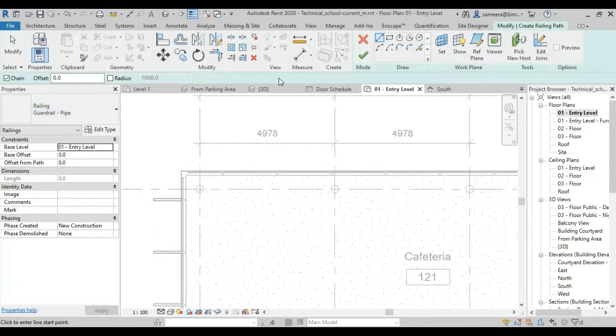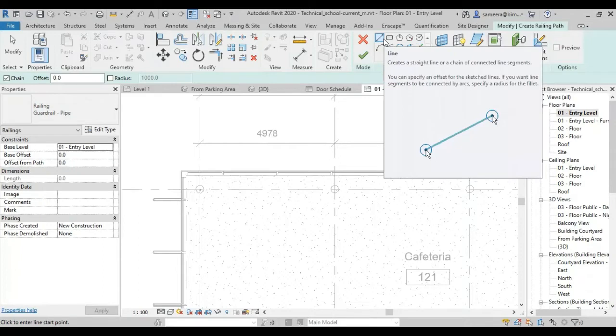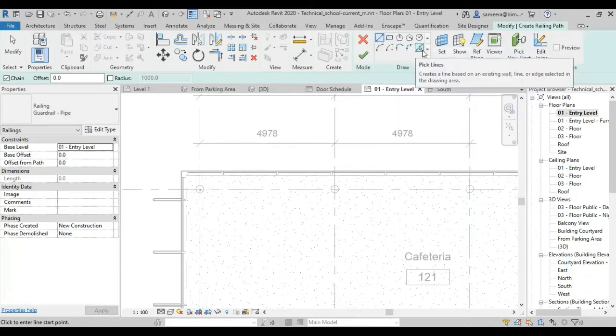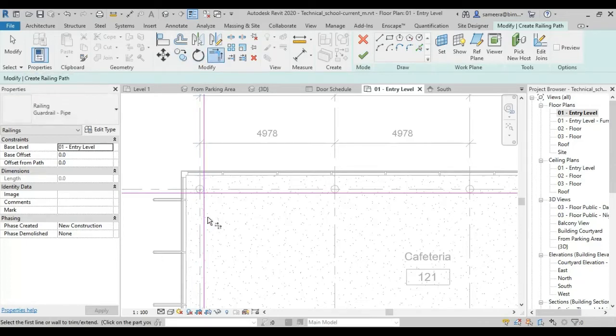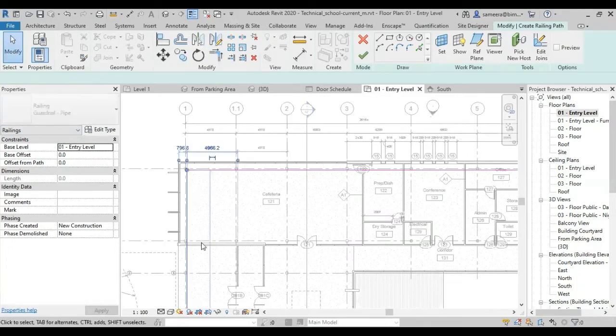If they ask you to make an offset for creating a line, it is better to use the Pick Lines tool. If you choose the line tool, there can be a chance of some inaccuracy. So you can choose Pick Lines for accurately locating the correct position, and we can provide the offset value. You can make the railing as I mentioned, and you also have to keep the same length. Same length means you have to start from the correct position as they mentioned.